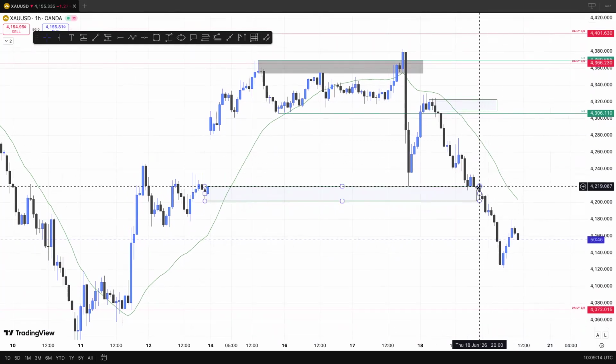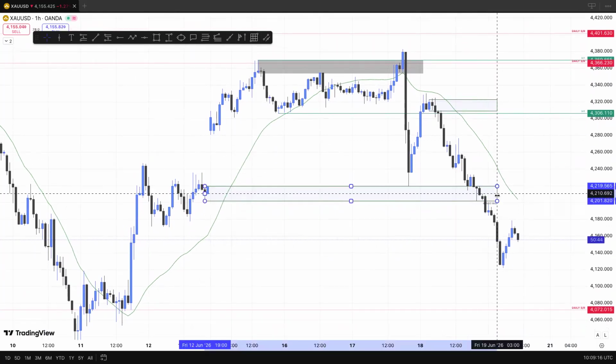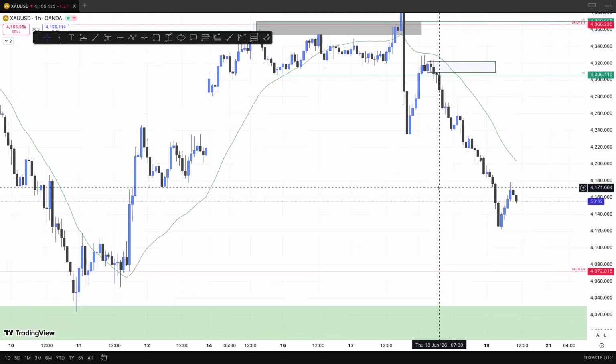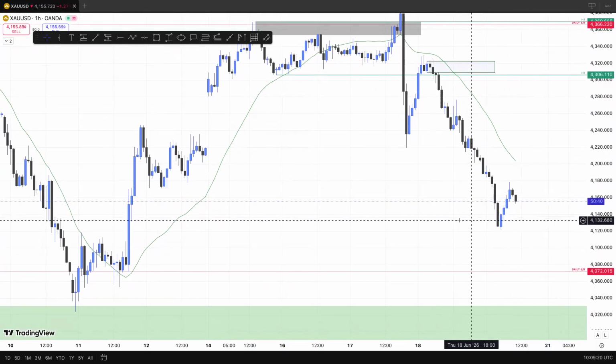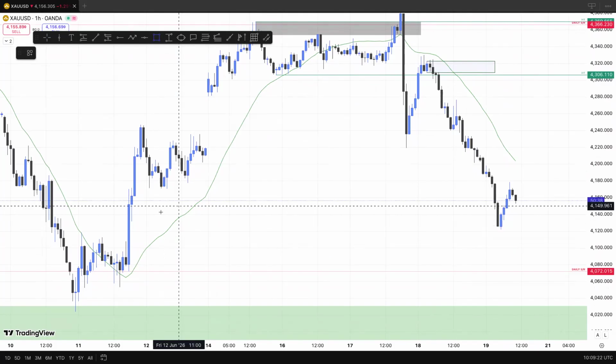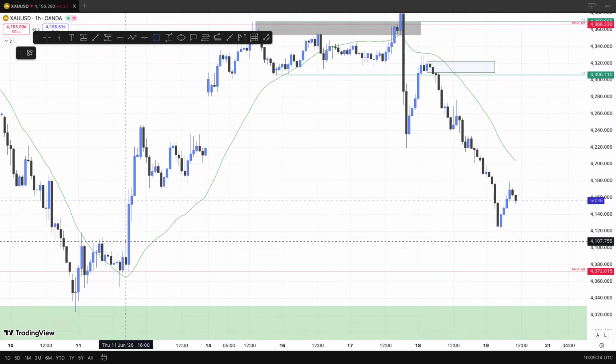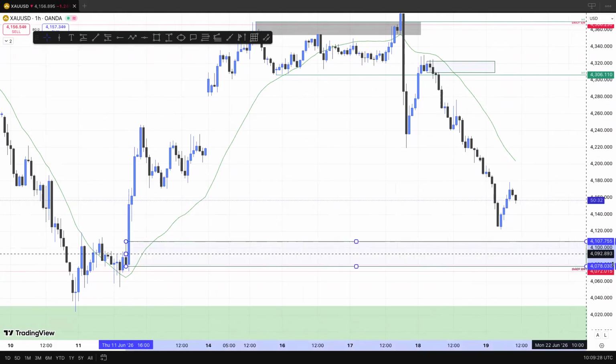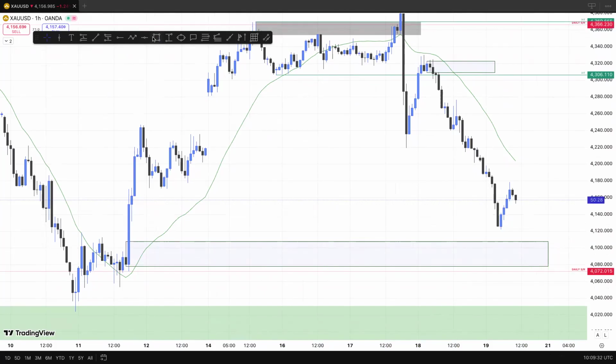So XAUSD has now broken this demand right here. Okay, and now XAUSD is distributing toward this demand right here. Price is literally distributing to this demand right here. So now it's either price will pull back into the supply,